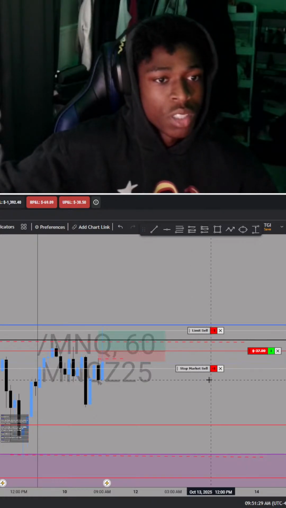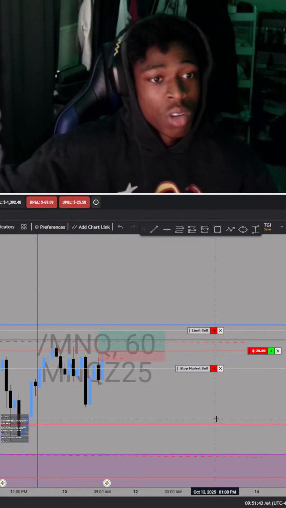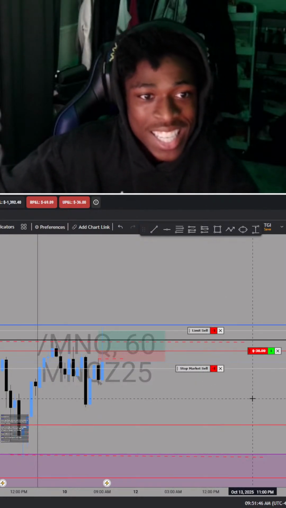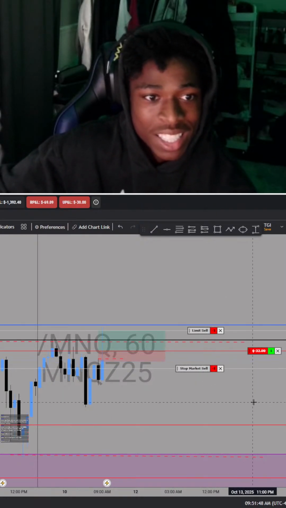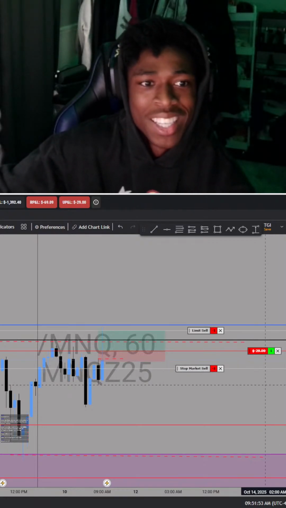Yeah, this is retracing, retracing. Nas. Push. What the hell? I didn't think it was gonna come back this low. I should have waited for it to fill this gap again. Shitty, shitty. But luckily, I'm only risking $30 supposedly.